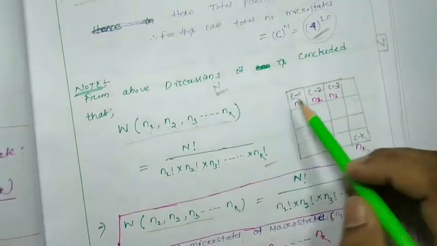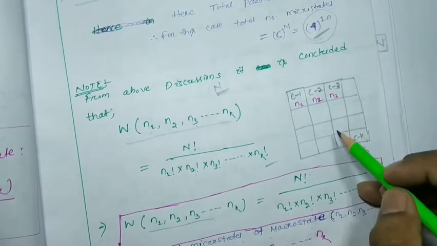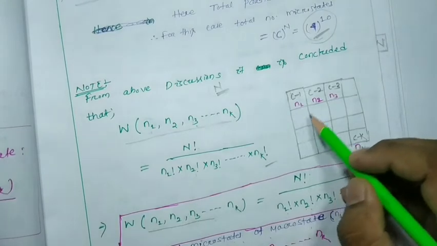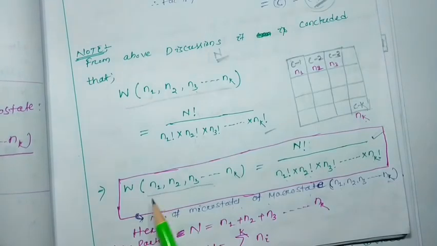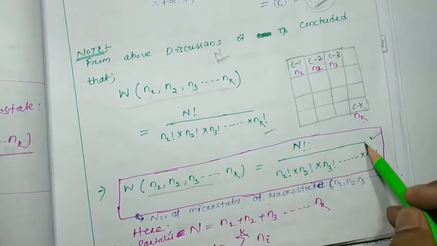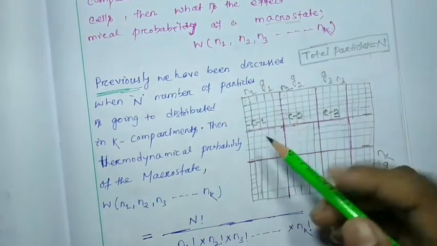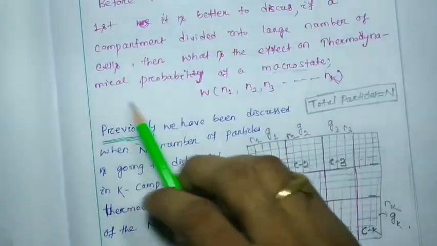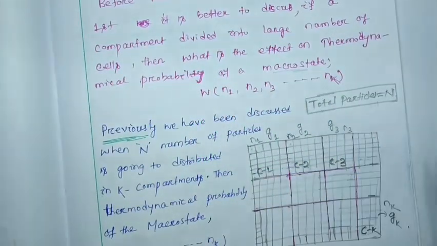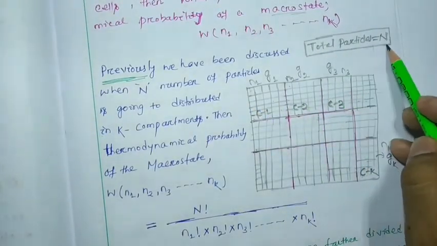So here you have to watch that this is the box. Okay, previously we studied, I'm going to show you, wait, here the box is divided into k compartments, but here we have not considered that compartments have been further divided into cells. For this case, we found the thermodynamic probability of a particular macrostate is this one. However, if we consider each compartment is further divided into a large number of cells, then how is the thermodynamic probability of a particular macrostate going to change?